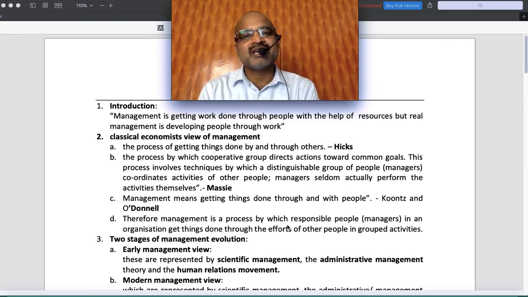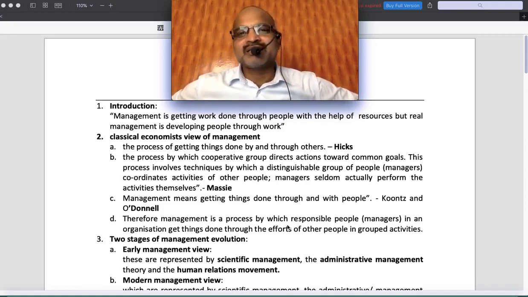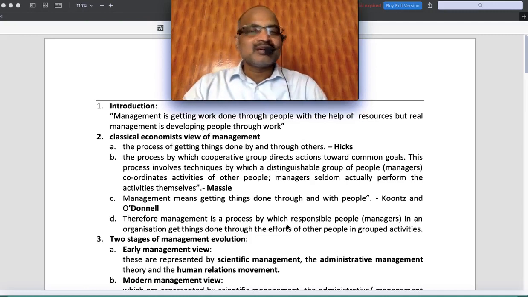Whatever it may be, any organization, understand slowly, any organization, you will find somebody called manager. You will find somebody called manager who's actually managing operations. The moment you think about operations, you will obviously think about production. It could be marketing, sales, transportation, packing, packaging, any functions that are usually conducted in the company.